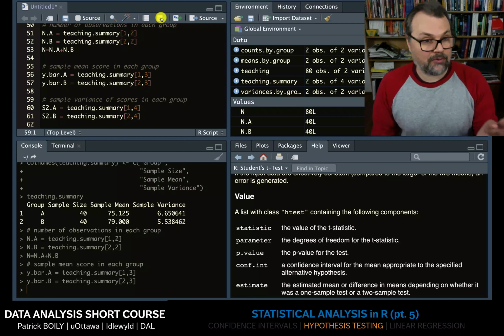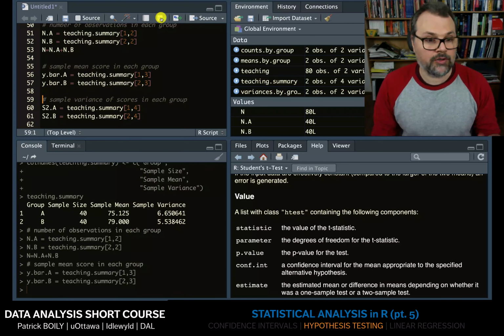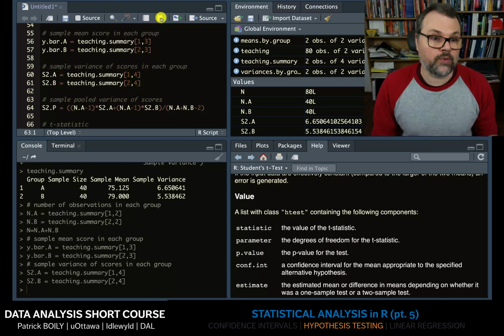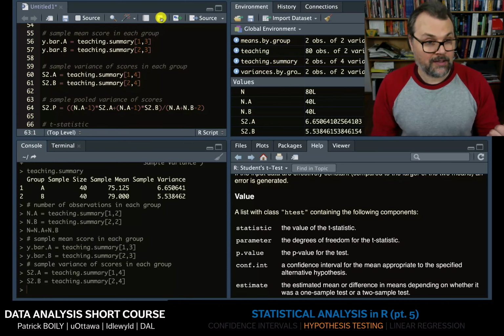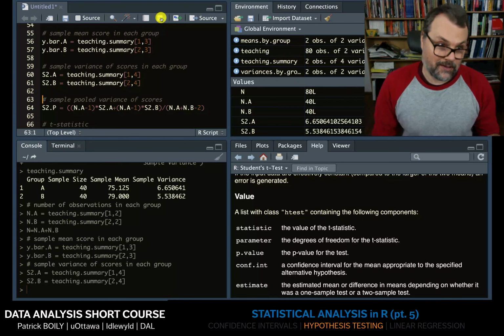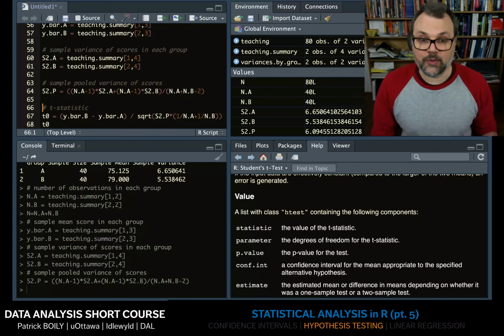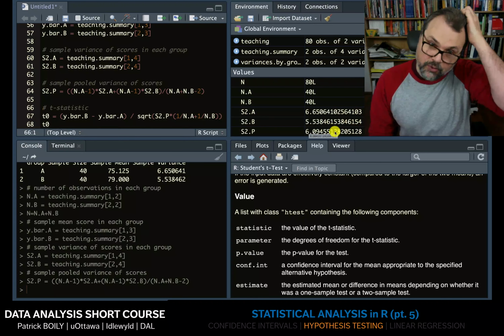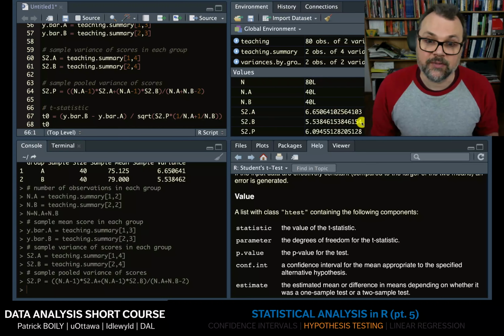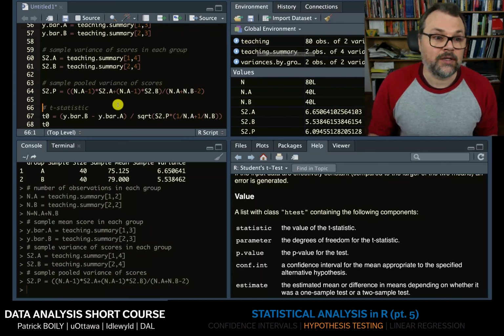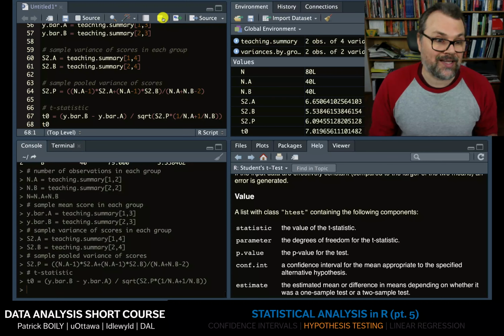We extract the sample variance of scores in each group. It's already been computed. It's in the table. We go get it. And then we compute, using the number of observations NA and NB, what the pooled variance would be, using the variance in each of the control and study group. So now we have all of the information we might be interested in here: 80 observations, 40 in the first group, 40 in the second group, the variance of the control group, the variance of the study group, and then the pooled variance, which is some sort of average, as you see, between these two quantities. And we get the corresponding t-statistic